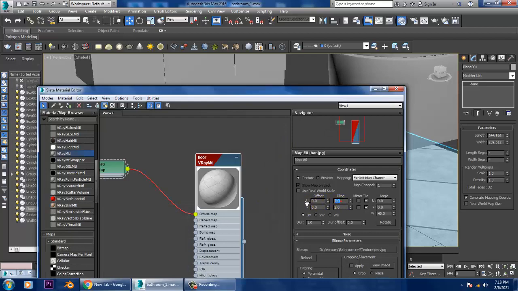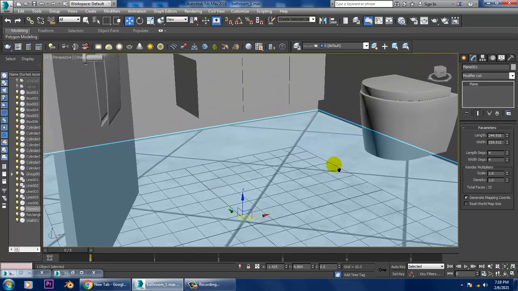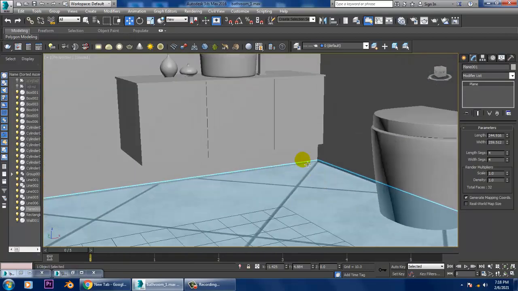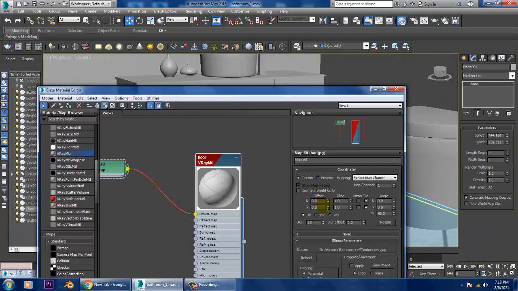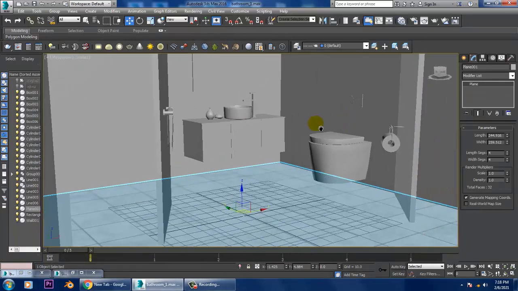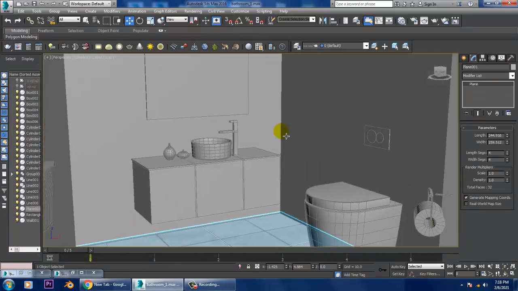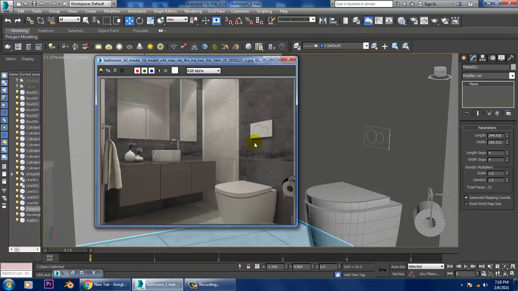And also you can make the tiling 1:1. Better we just make it 0 over here and set it as 2 over here. After that, for this we are not going to go with the same texture. If you want, we can go with some other textures also.